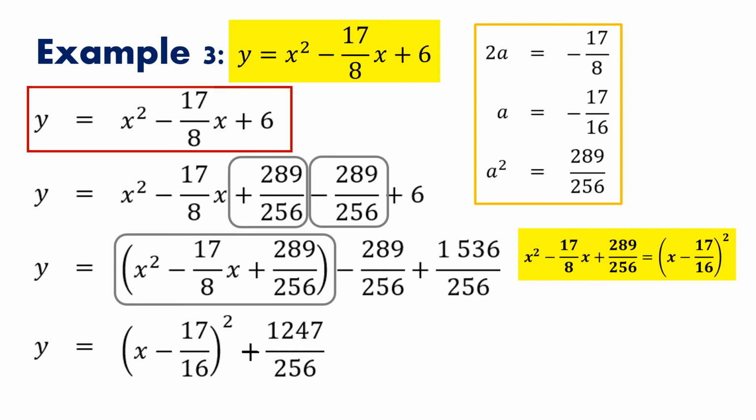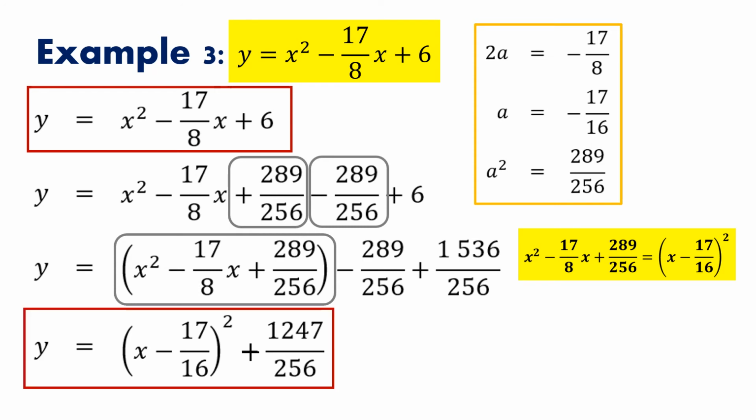So, y equals x squared minus 17 over 8x plus 6 can be written as y equals the quantity x minus 17 over 16 to the second power